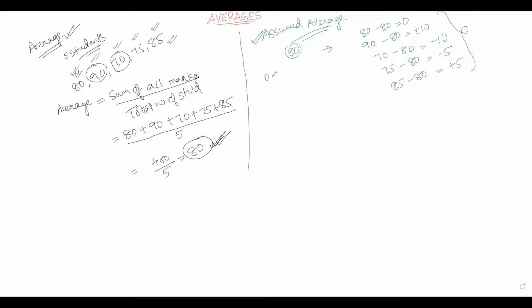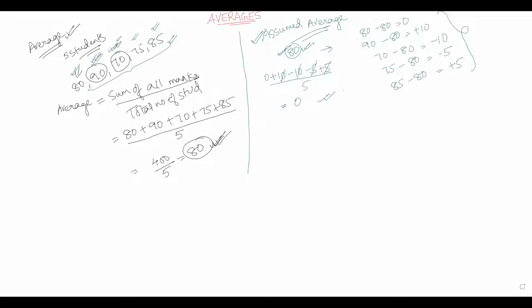Now we need to take the average of these 5 differences. So this would be 0 plus 10 minus 10 minus 5 plus 5 upon the total number of numbers, which is 5. So this 10 and 10 get cancelled, 5 and 5 get cancelled. So this would be 0 upon 5, that is 0. So that means whatever the average we have assumed is the correct average of this 5 numbers. In this case, we have assumed the average to be 80, but we can assume any number between the highest